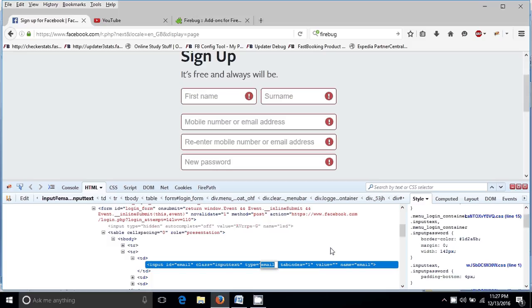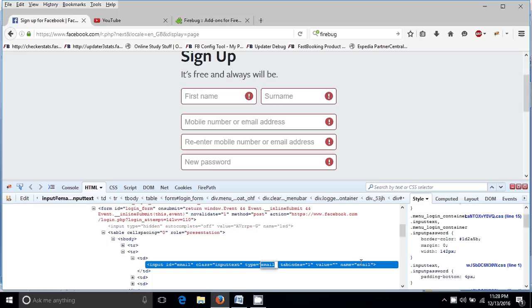So as I told you, to find an element, the important point is that every element must have a tag. Here this is the tag, which is after these angular braces, and every tag has some attributes that I told you, ID, class, and these are the attributes, and email, input text, email, are the values of those attributes.